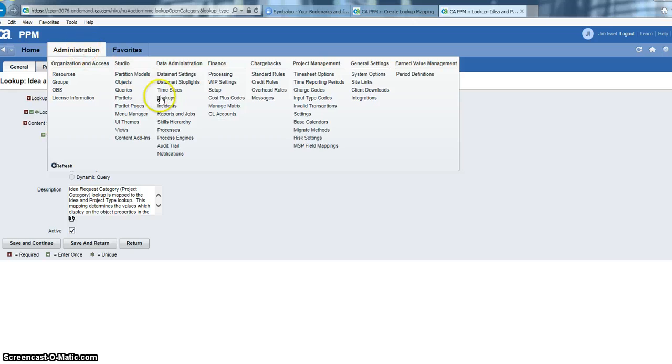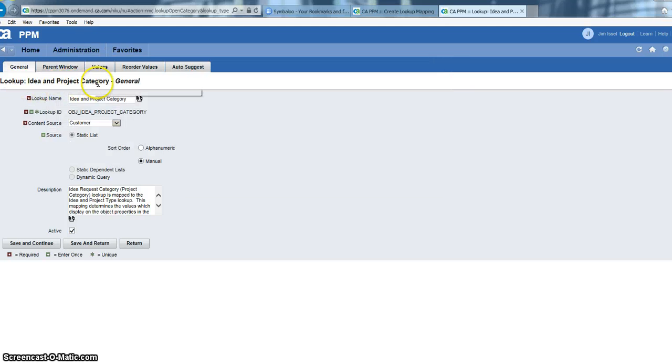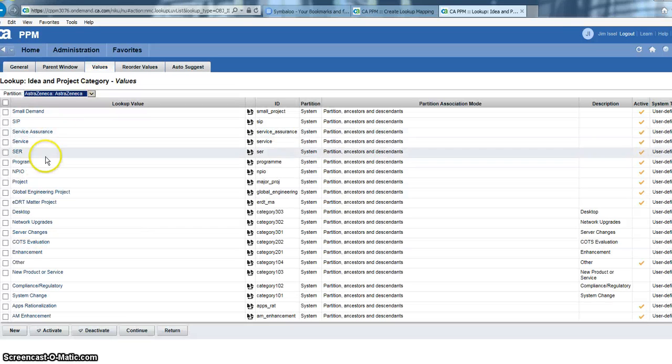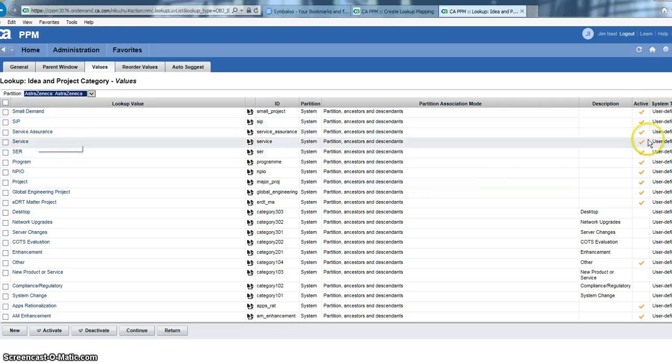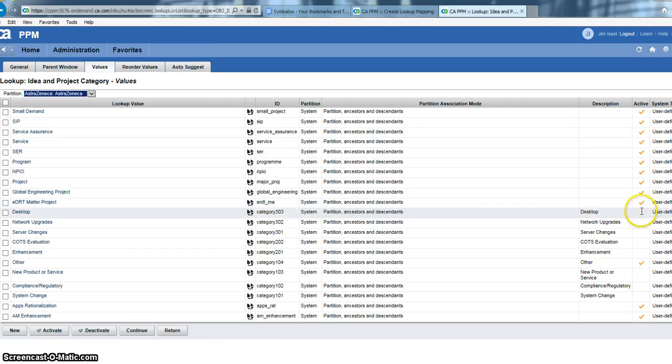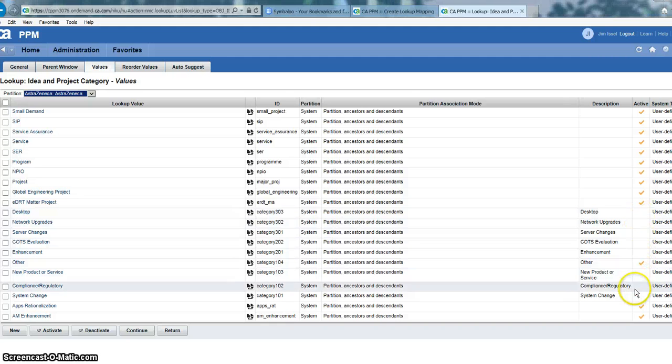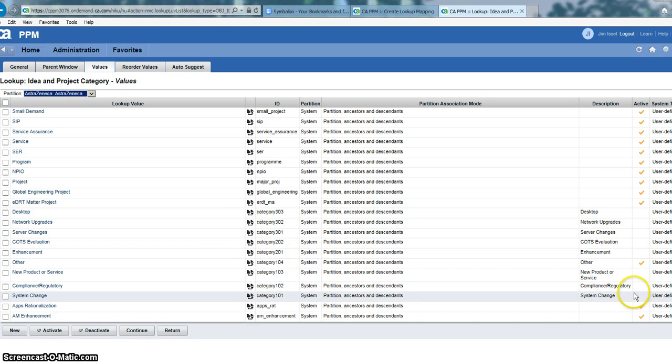And to do that, you go to the lookup called idea and project category. So I go to administration, lookups, search for idea and project category, go to the values tab, and now I see all of the various values that we saw a minute ago. Notice there are more than what we saw on the pop-up window, on the browse window, because a bunch of these are inactive. We're not using them. So if you do want to add a new project category, then what you can do is create a new value here,